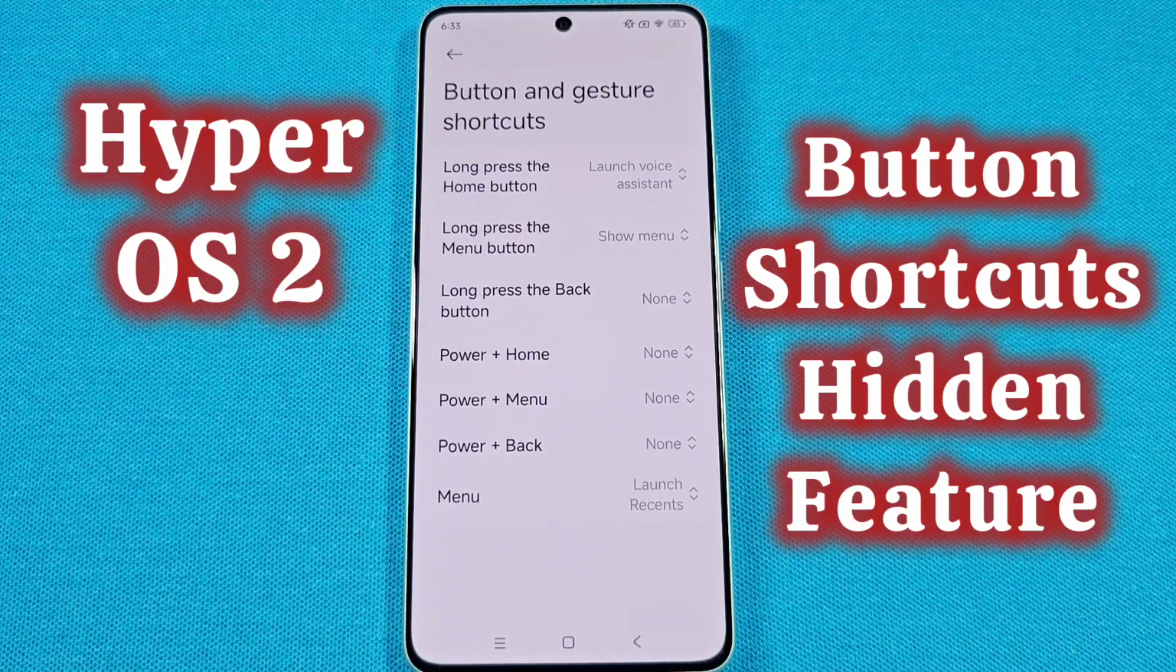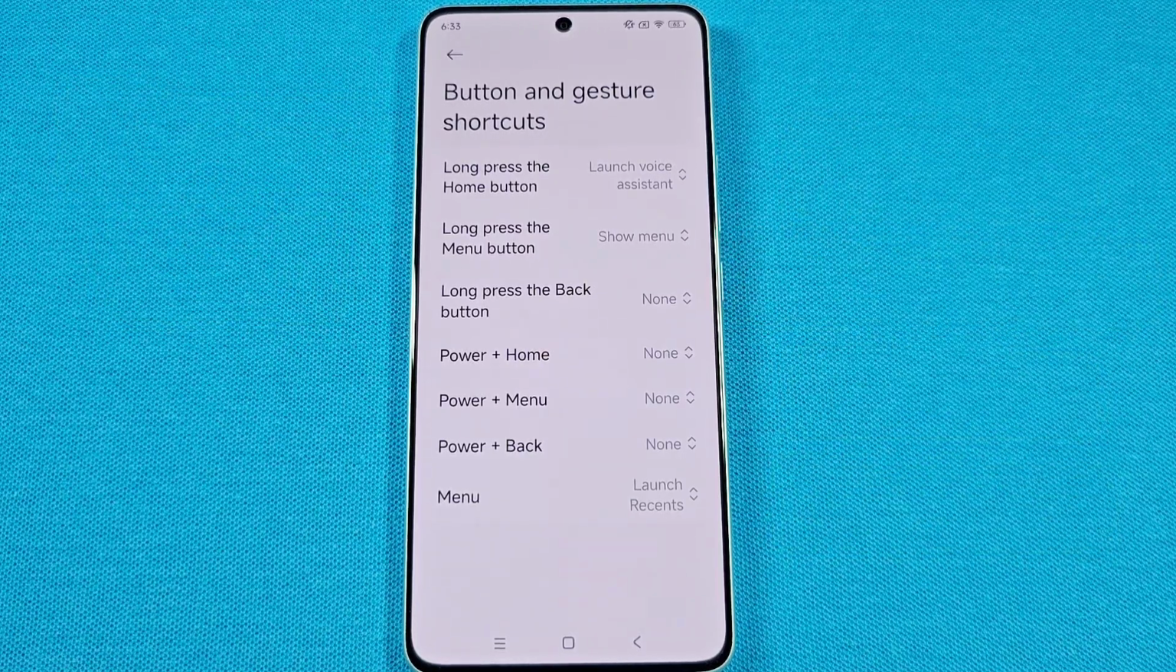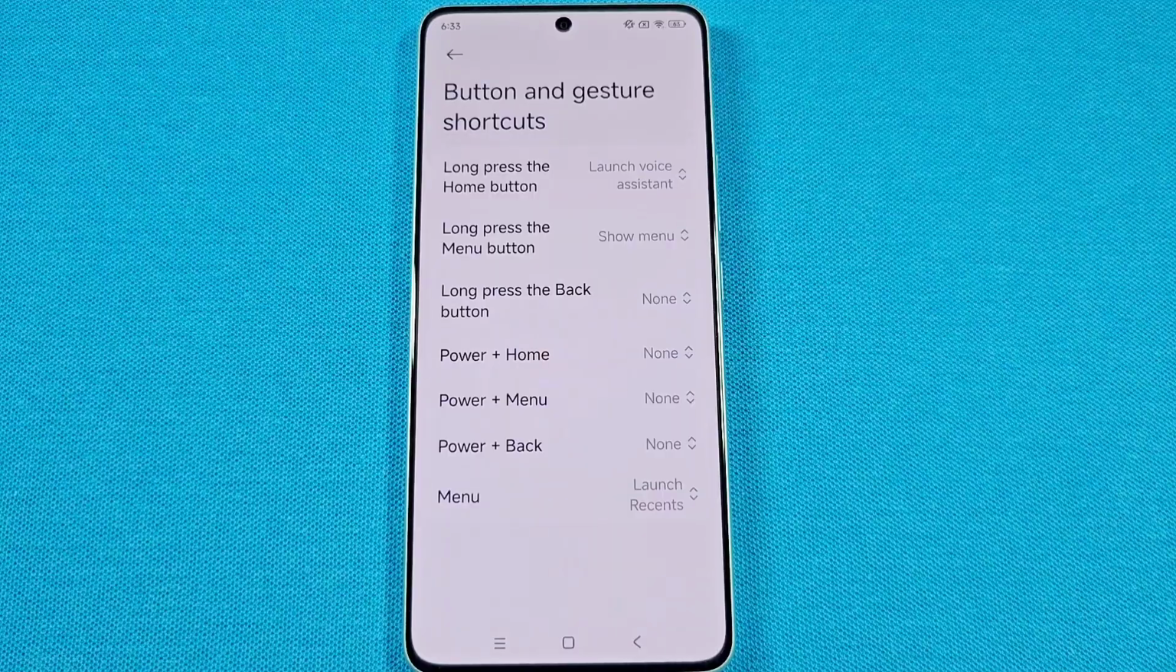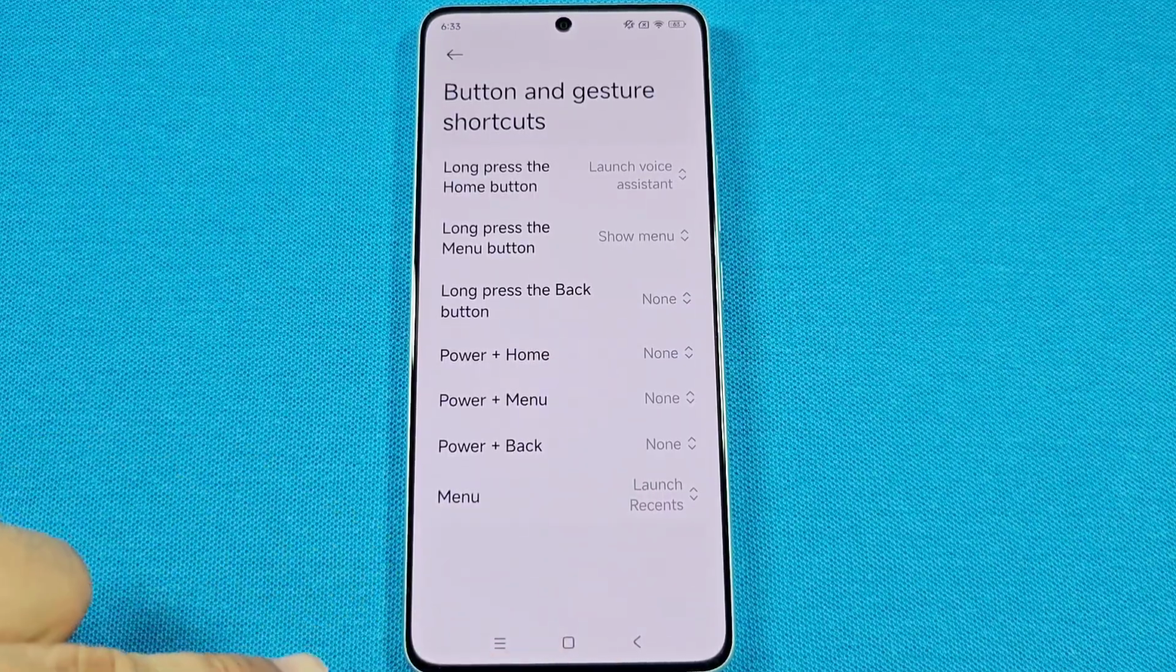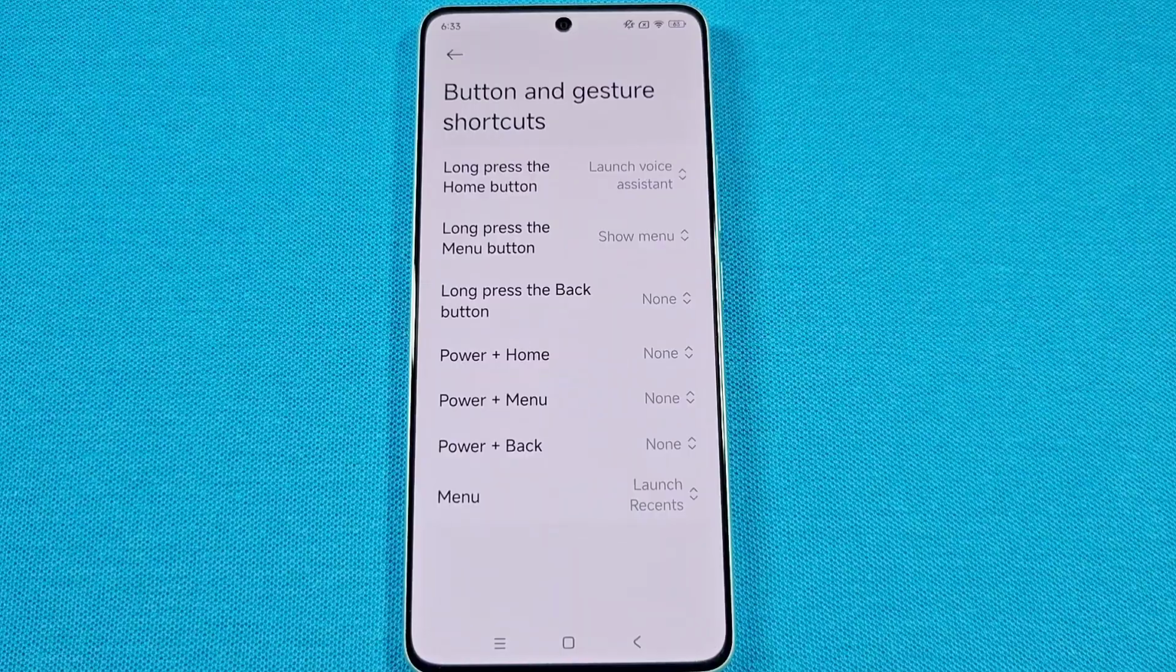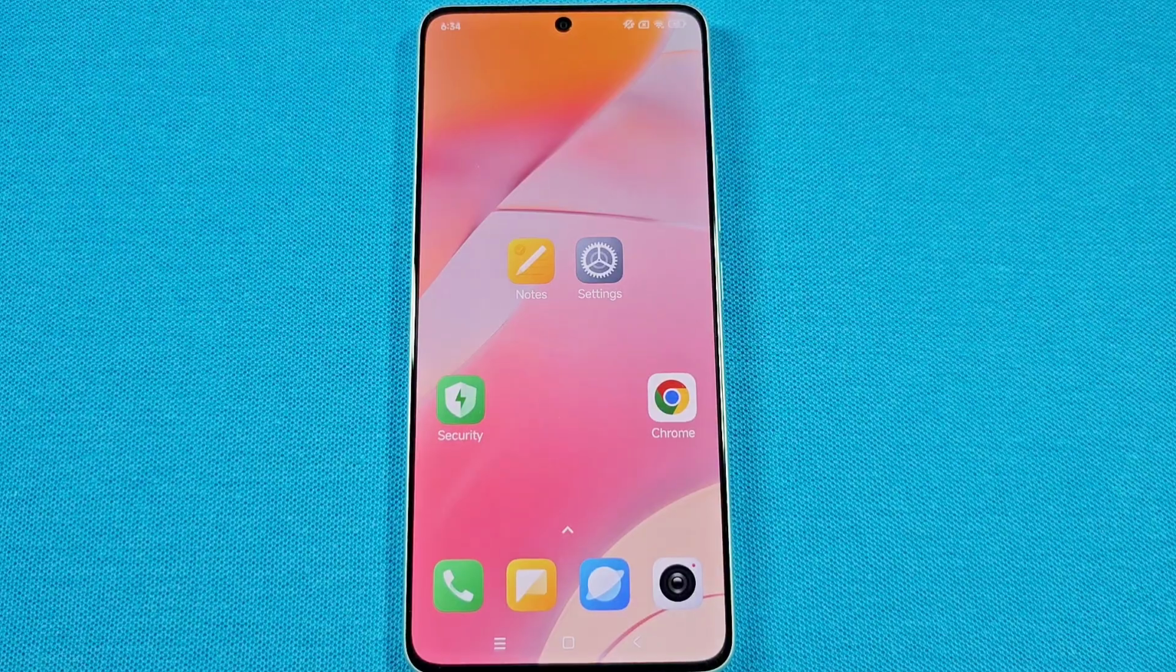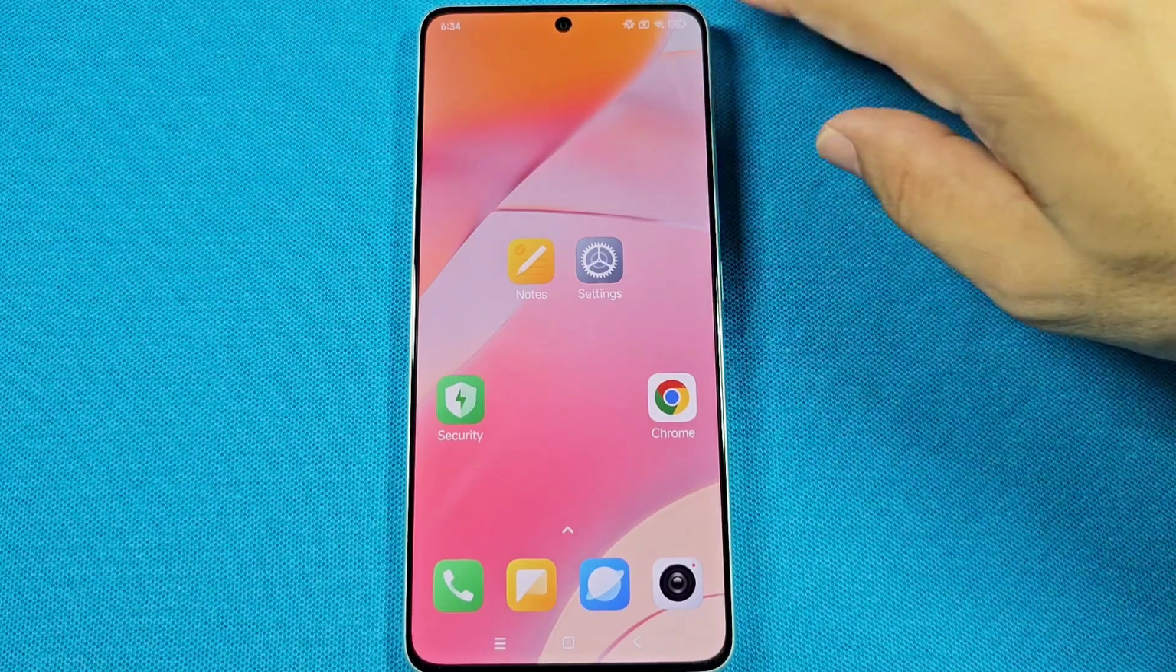Here's where you can find the button and gesture shortcuts, and this is going to work only if you have the navigation system mode with the navigation buttons. This is a Xiaomi phone with Hyper OS 2. So if you have no idea what I'm talking about, you're new to Xiaomi phones, go ahead and use the